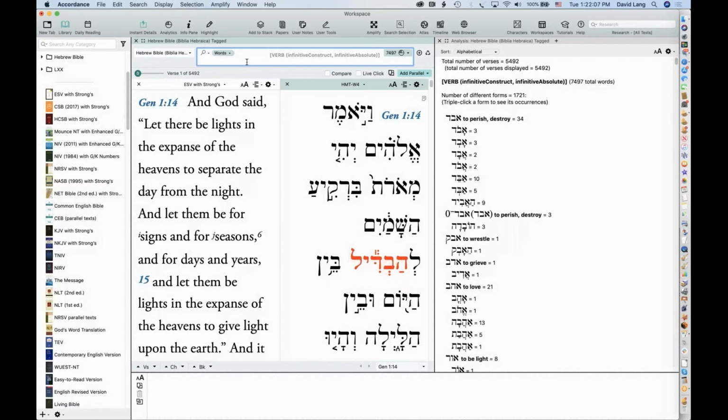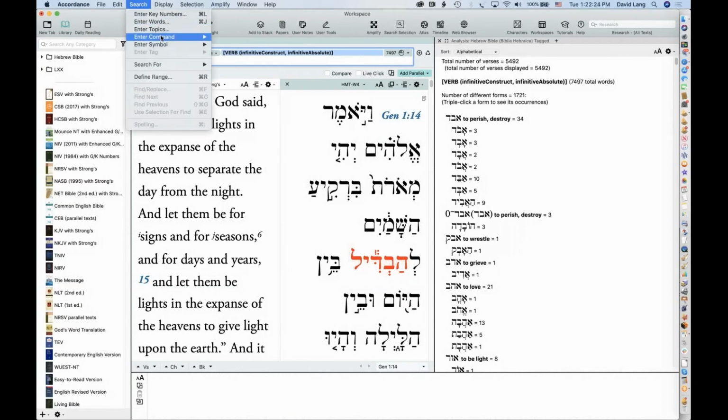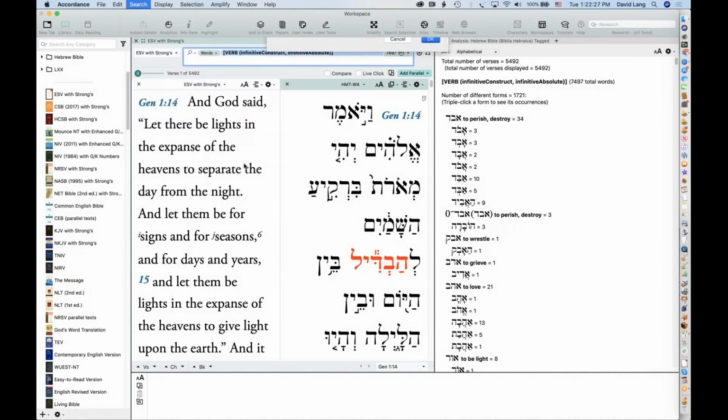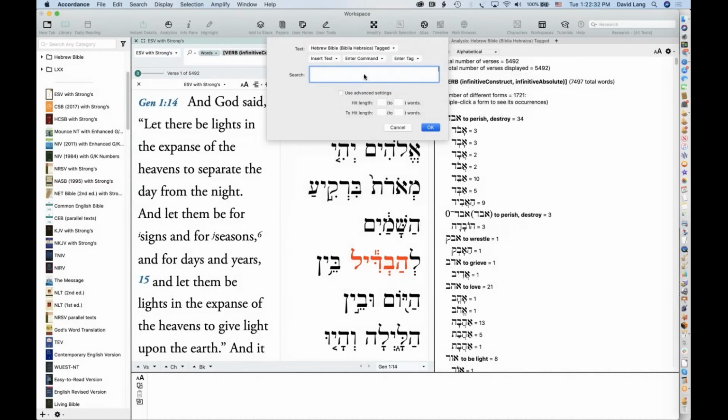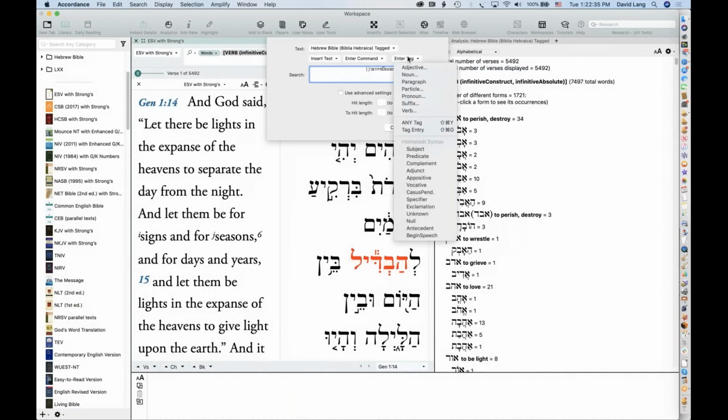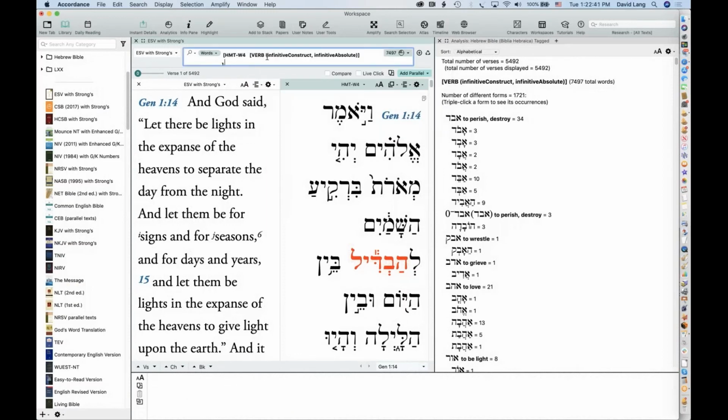And even if you don't do a lot with the Hebrew, I can take this search. Let's just copy this, and let me switch my search text to the ESV with Strong's, and I'm going to do the text command. And choose Hebrew, and I'm just going to paste that. Well, I guess that's interesting. Well, it did work. It ended up going in there, right? So it just didn't display well in the dialog box.